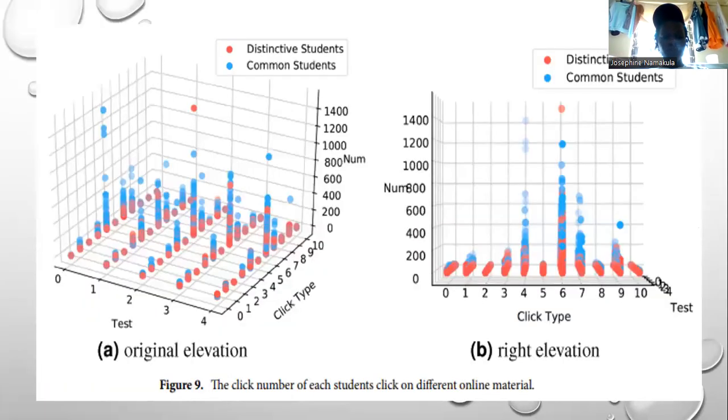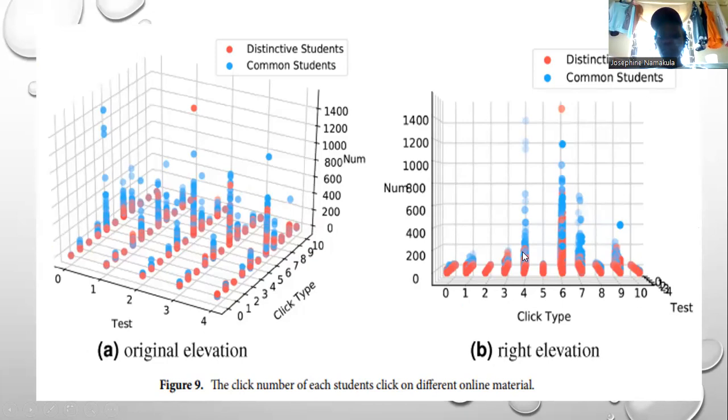So when I go to this diagram here, you can see that distinctive students, referred to as the red ones, are in the lower part, and the blue students, which are the common students, the blue dots, are in the upper part in this scenario. Whereas in this scenario, you can see the clip types 4, 6, 7, 8 in the distinctive students. It shows